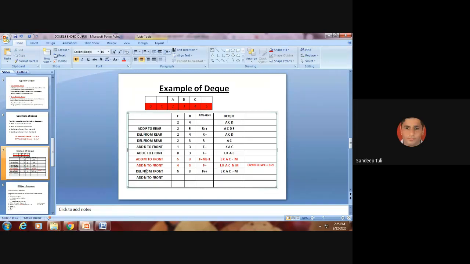Overflow is clear. Right now all the 6 elements are there, and this is one of the cases where we can say that the queue is full. Okay, normal case is always there. Normal case will always remain as it is. This is a specific case, as we discussed also in the circular queue. Yes or no?